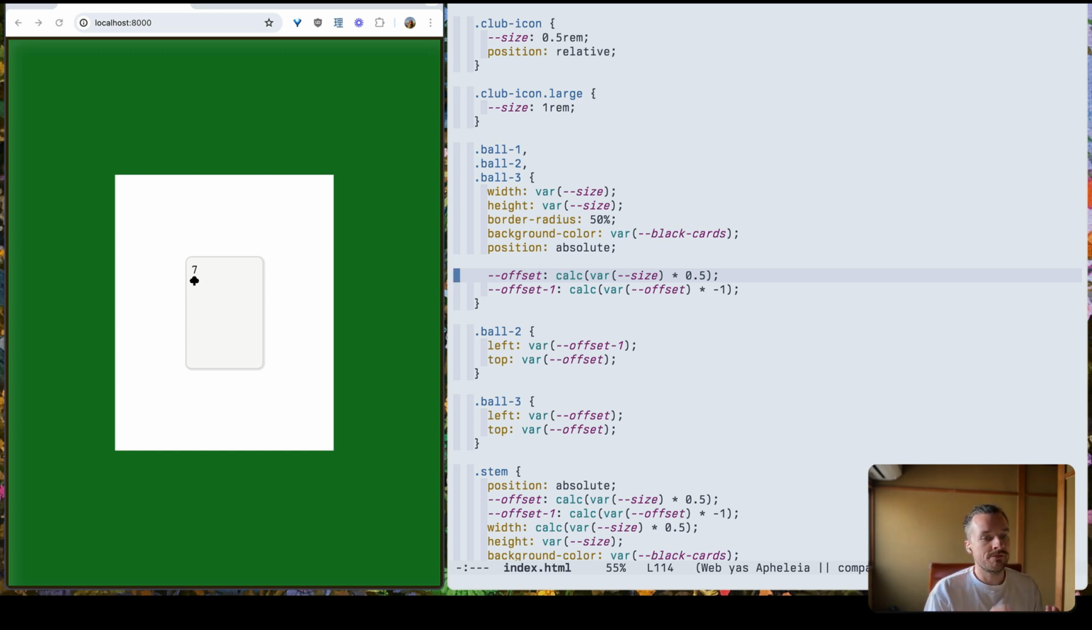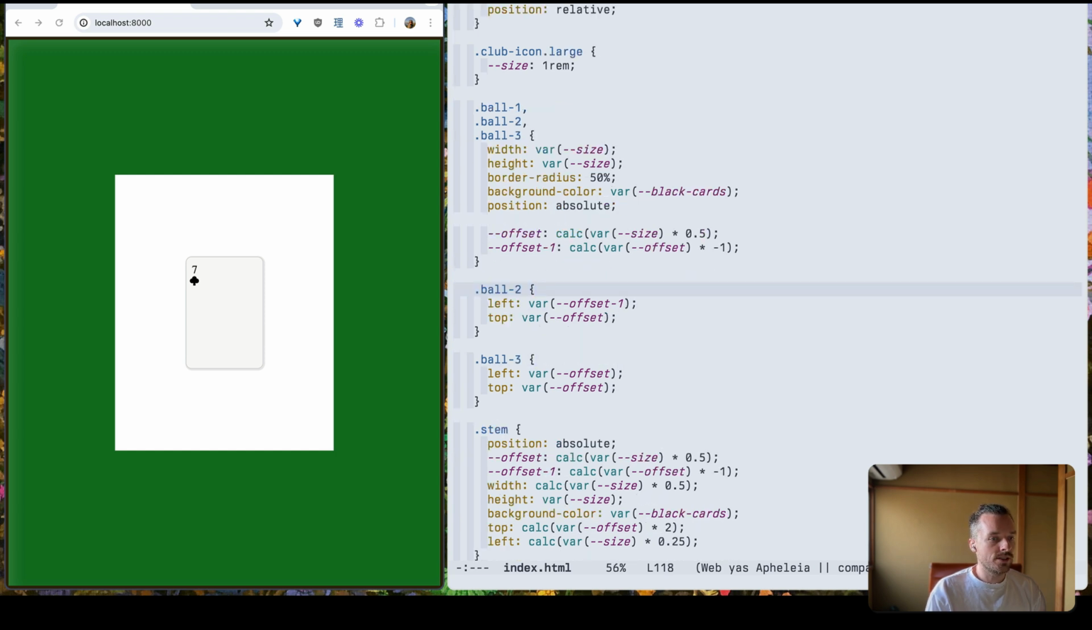So we have the offset as half, and then we have offset -1, which is just the negative offset, which just takes the initial offset and then multiplies it by -1. This calculation is just all built into CSS. You can do math calculations here, and you can use variables inside of these calculations. So we could actually make this half a variable as well and modify that, but for now this is easy enough. And then that means that each of the individual elements here are going to just use these offset elements to position themselves based on the